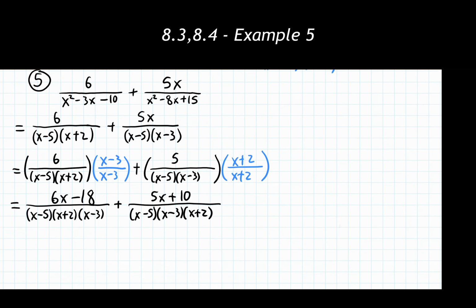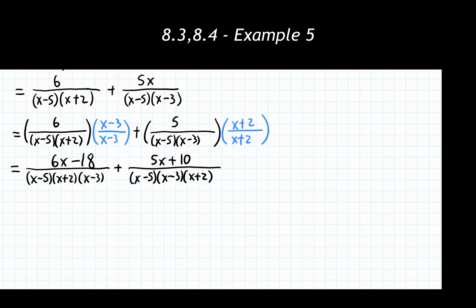I'm going to move us down here just for one final line, then I'll rewrite it up above. The denominators are the same, so I can rewrite everything as one single rational expression. That's step 4, where we're adding and subtracting the numerators together. Remember, in this step, leave the denominator fully factored.